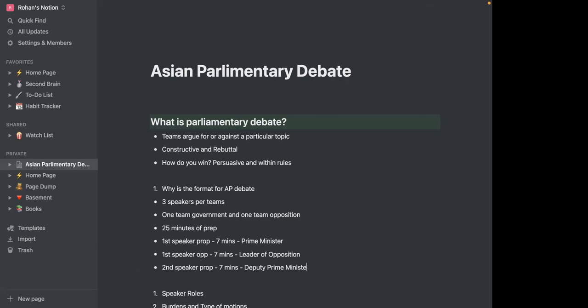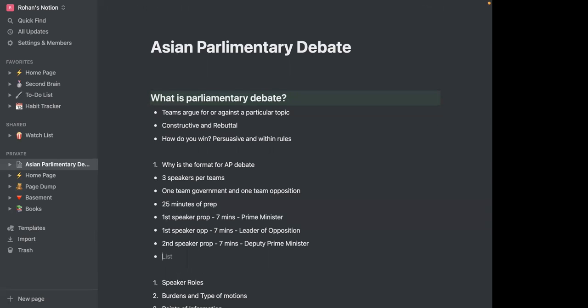So these are fancy words debaters like to use because we think we're very special and we need to use jargon for everything. If you don't know what jargon is, jargon means fancy words. So jargon is kind of also jargon. So they're just extra fancy words that don't have meaning beyond what you normally say. So don't worry if you don't understand too many of these words. You can just ask me in the chat. But we use deputy prime minister instead of saying second speaker proposition because that feels really boring.